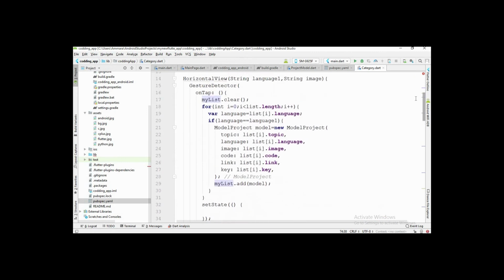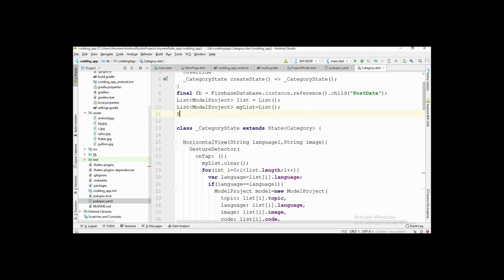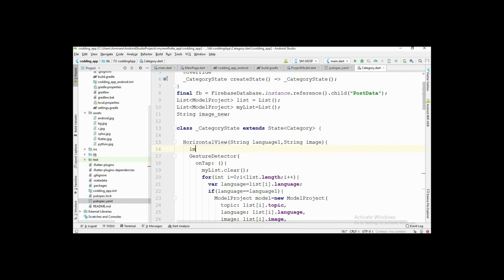After that I pass the image. So first of all go to this function and create here image underscore new, and store this image which the user pressed in this image underscore new.